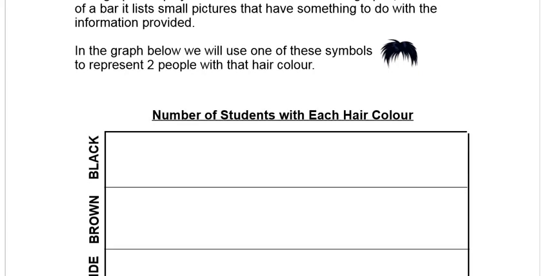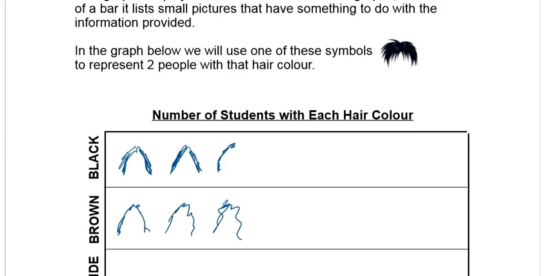For black, we had 5 people, so we divide that by 2. It's going to be 2.5. So don't mind my bad drawing here. So 1 for the first 2, second 2, and then we're going to have half a wig for the 5th. So that's 2, 4, and then for the 5th one there. Then for the brown, we had 8, so that's going to be 2, 4, 6, 8. So we're going to have 4,